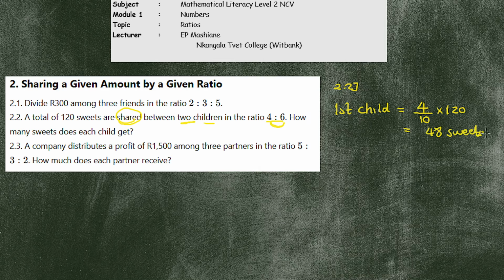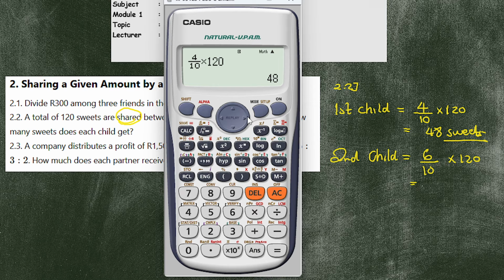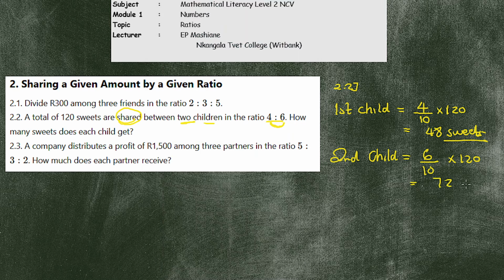For the first child. Then for the second child, I'm getting what? We're gonna say 6/10 multiplied by 120. How many sweets is this one getting? I'm changing this to a 6. The answer is what? 72